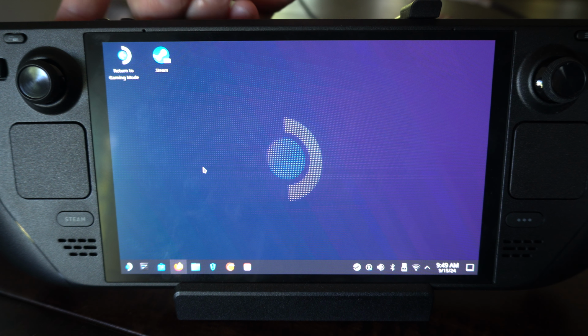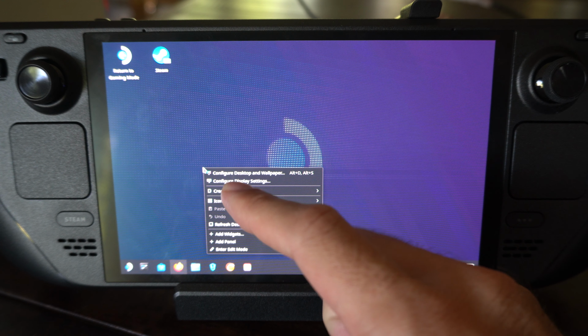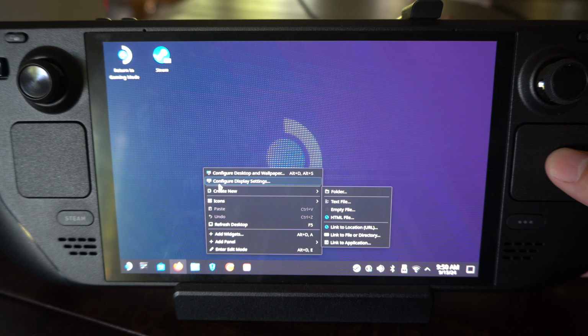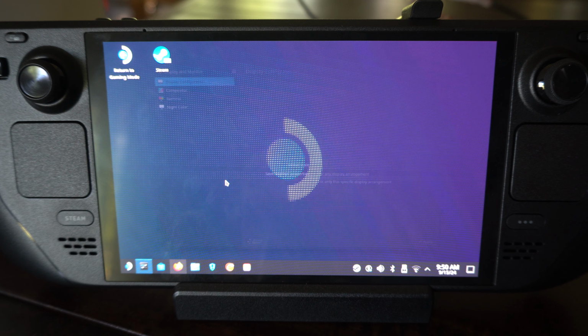So press the L2 button and you'll get the screen. And then we can go to configure display settings. It's a little bit difficult to go ahead and press this, so let's go over to the trackpad, press it, and press R2 on it, and then it'll open up this